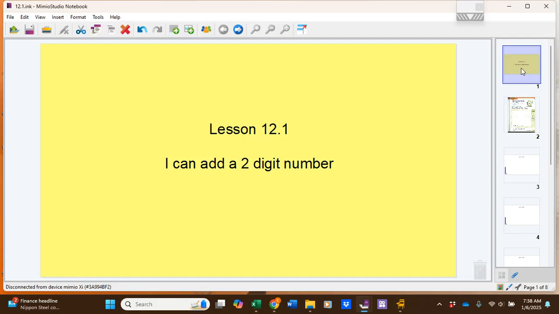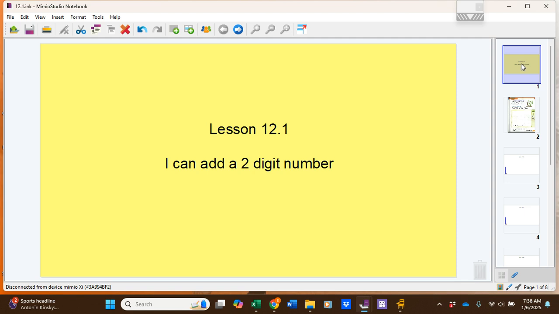Okay, parents, so our math lesson today, lesson 12.1, we're going to be adding two-digit numbers, and today starts the beginning of learning how to use the algorithm for adding a two-digit number. This can be a little bit challenging at the start. The way this curriculum starts teaching it is